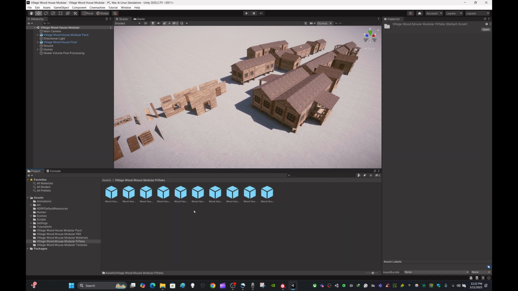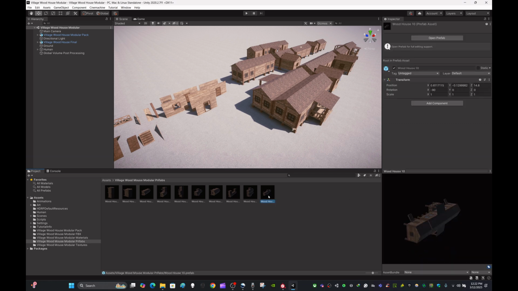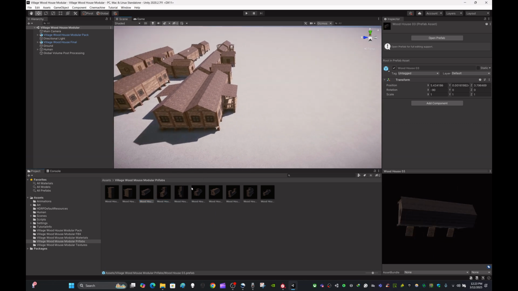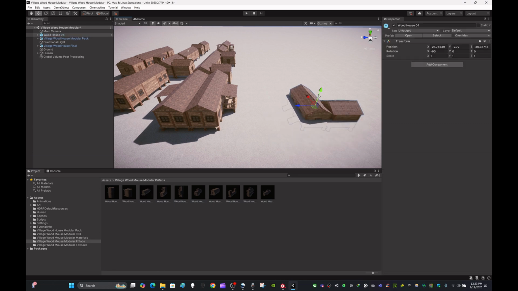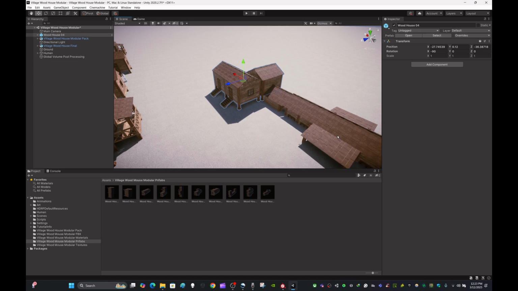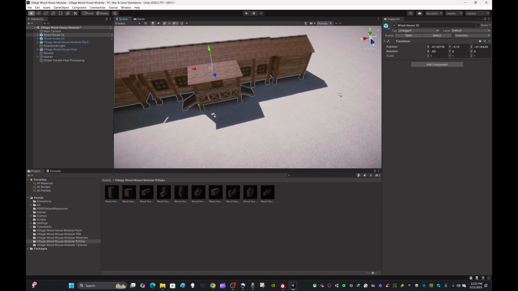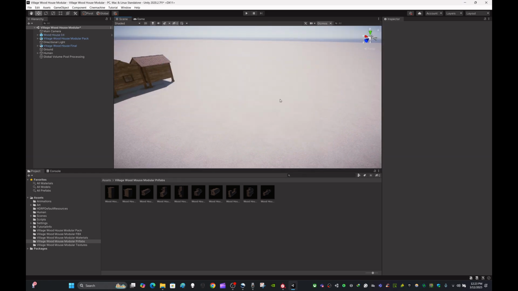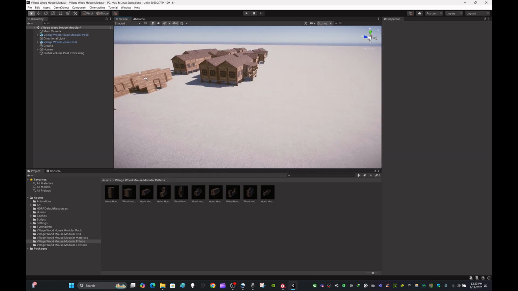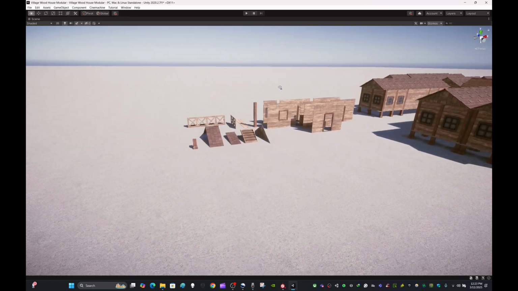And what else? I have the prefab of the house also. Prefab of the house here. As you can see, we can drag and drop a house like this from the content browser according to our needs. If I maximize the view, you can see quite